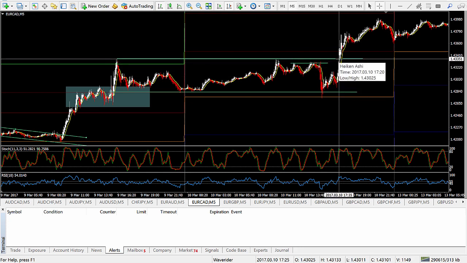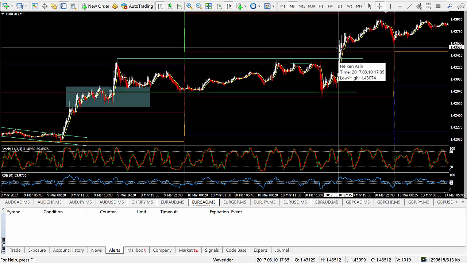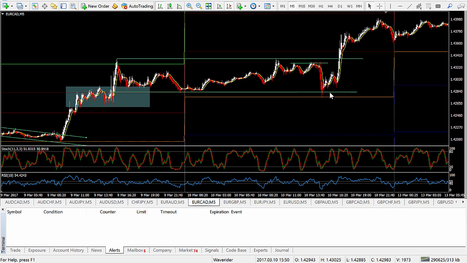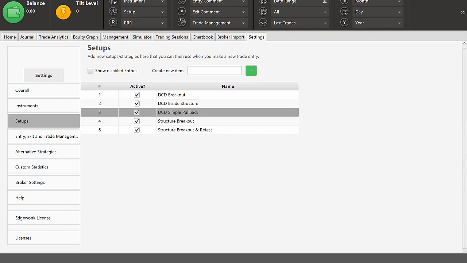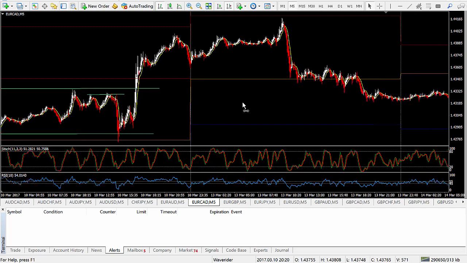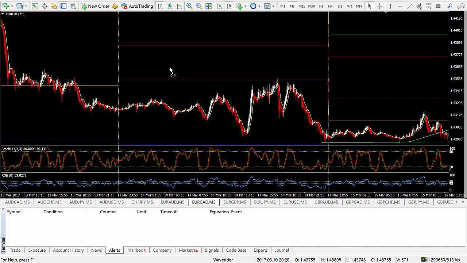And then as soon as price gets up to the top and around the pivot, we can move our stops. So you can see the trade triggered while we were inside this consolidation and we didn't break out yet. But the breakout happened shortly after. That's DZD inside structure. Then we have the DZD simple pullback, which is simply a pullback, as the name says,